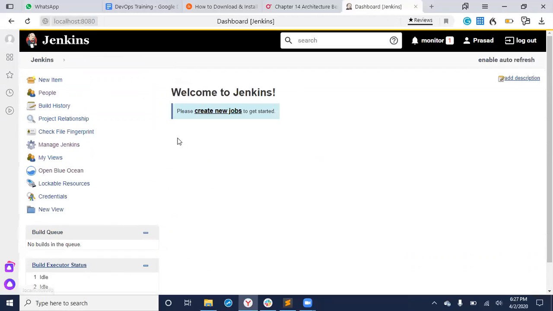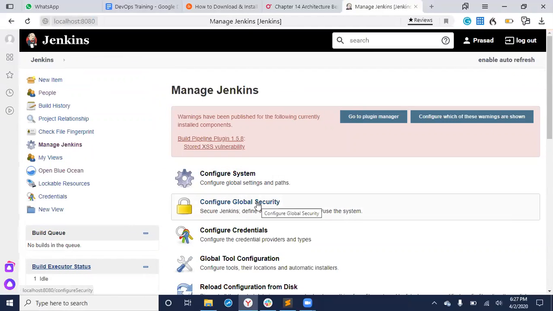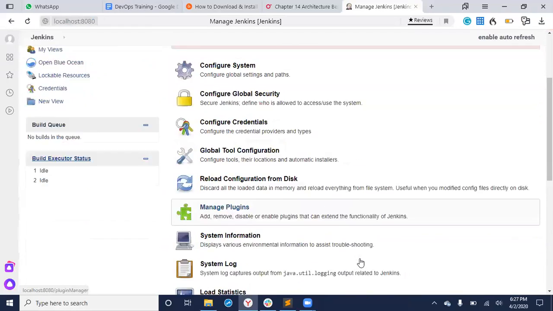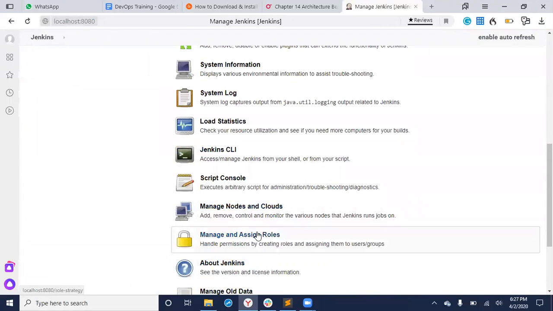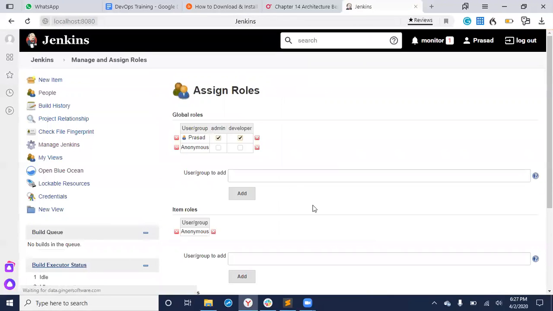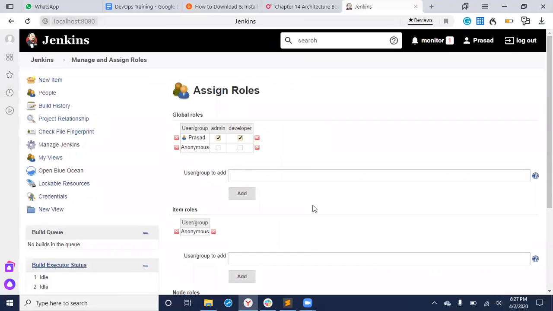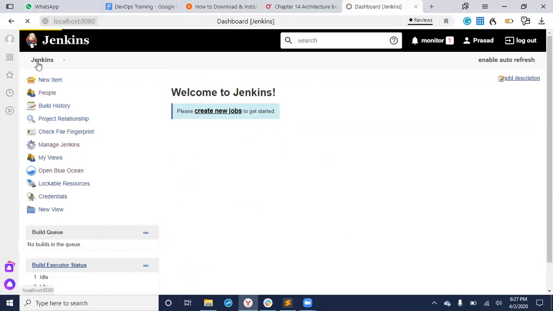So basically what you are doing under the Jenkins, manage Jenkins, click on global security, selecting the role-based authorization strategy, and then you're clicking on manage and assign roles. You are just clicking some new manage new roles, and then you can assign the respective roles, how you want to manage kind of stuff. So in my case, I created that user called Prasad, and I made it like a global role, means pretty much accessible for everything. This part actually you can ignore.